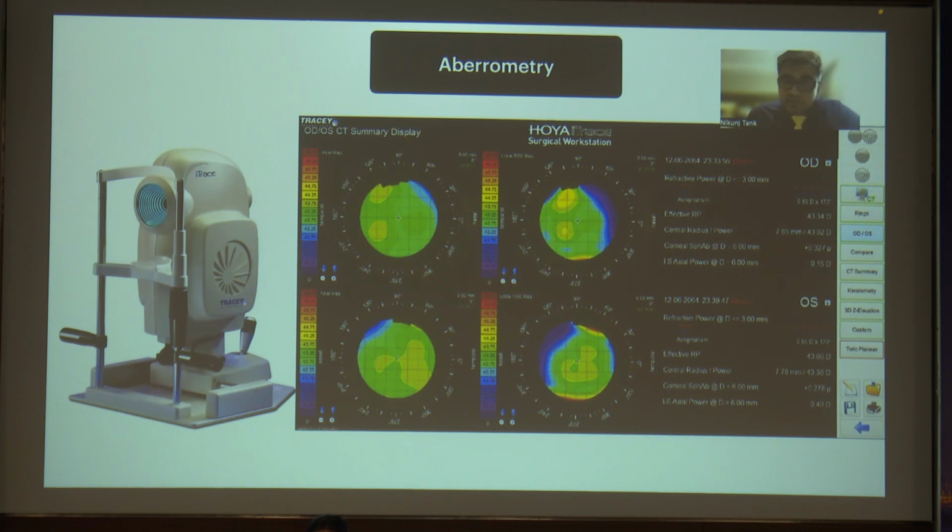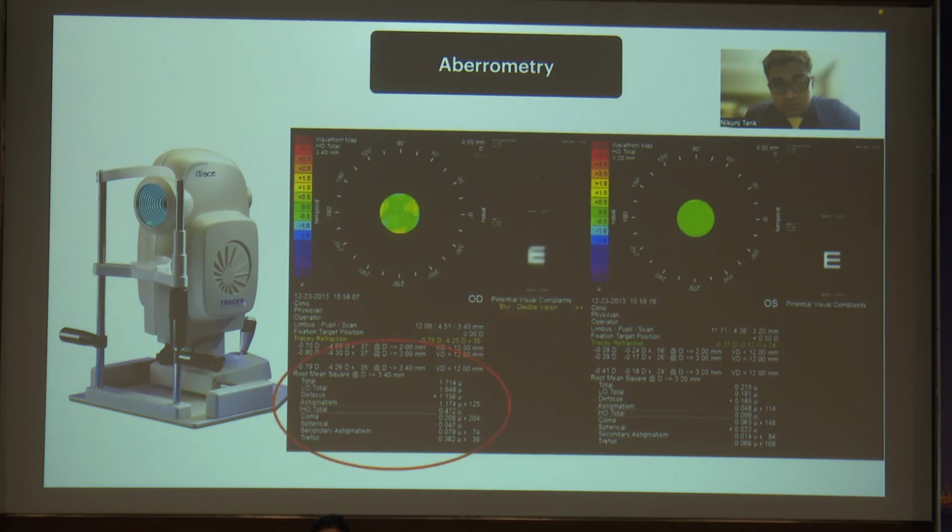So there are various aberrometers available in the market. I'm going to talk in brief about this EyeTrace by Hoya. So this is the report and summary given by the Hoya EyeTrace machine. You can see how it is giving a detailed report about lower order aberrations and higher order aberrations, including spherical, coma, trefoil, and other optical aberrations. And you can choose the refractive surgery according to the level of aberration profile. If patient has significant high spherical aberrations and coma, then it is important to go for either wavefront guided or